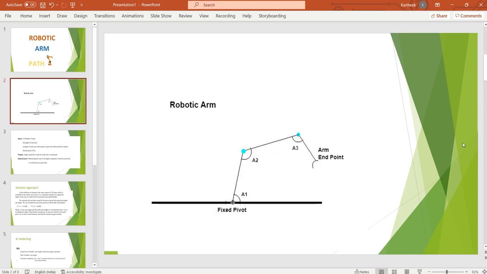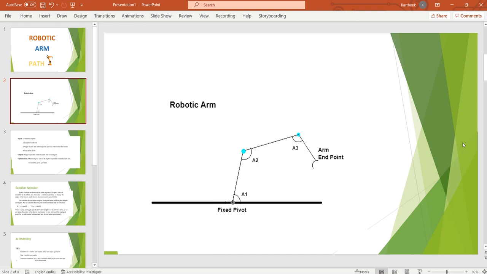Next, let us explain about a robotic arm. A robotic arm is a robotic manipulator having similar functions to a human arm. The links of such a manipulator are connected by joints, allowing either rotational motion or translation displacement. The end effector can be designed to perform any desired task such as welding, gripping, spinning, etc., depending on the application such as welding and parts rotation and placement used during assembly.